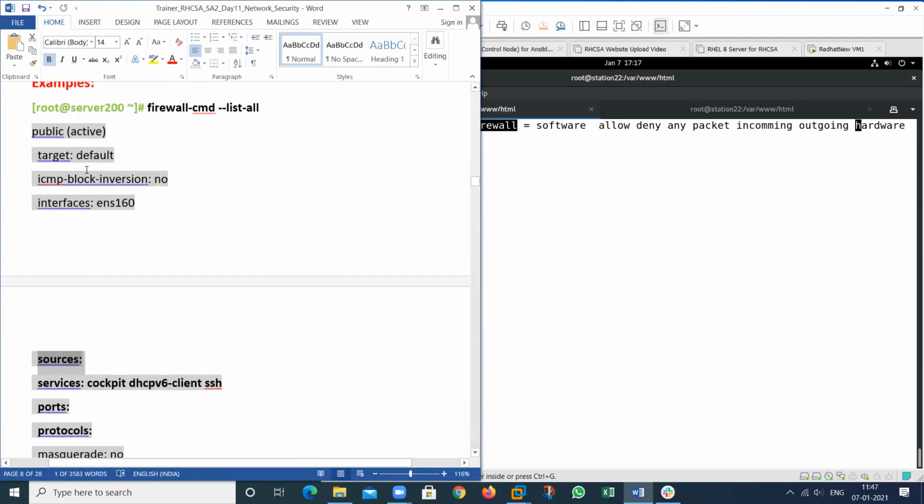So firewall will check all the incoming and outgoing traffic that will happen in my system, in my machine. So we can bind our interface also.